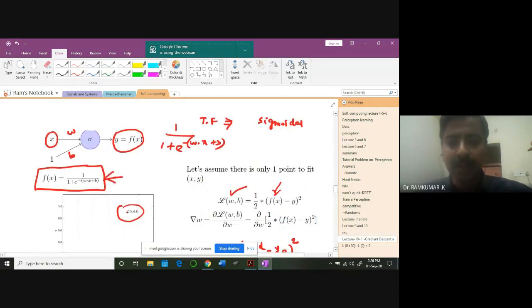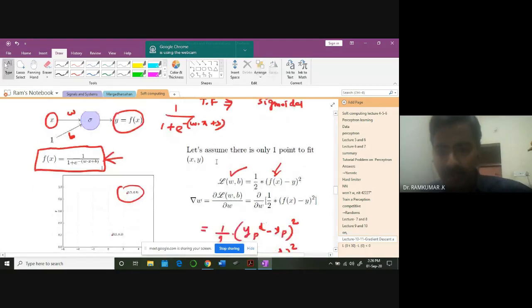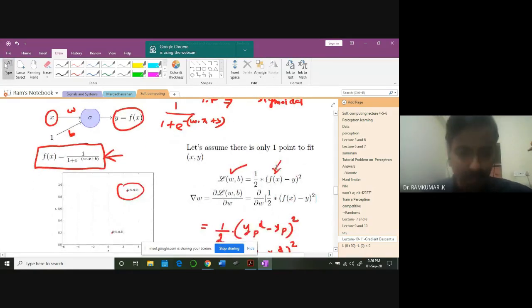Are you seeing the point clearly? So naturally, what is y? Y is going to come from this point. For example, 0.9 is your y. So when I plug in 2.5 inside the function, some value I will be getting, and for that I need to get 0.9. That is the difference. So this is your function.